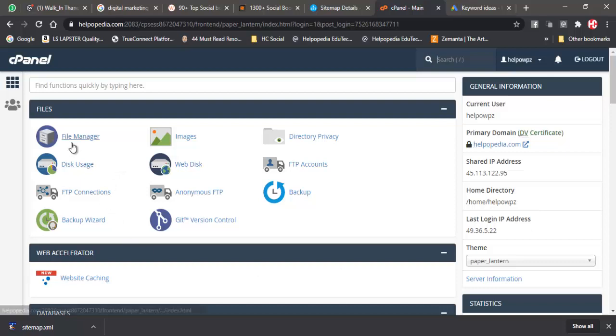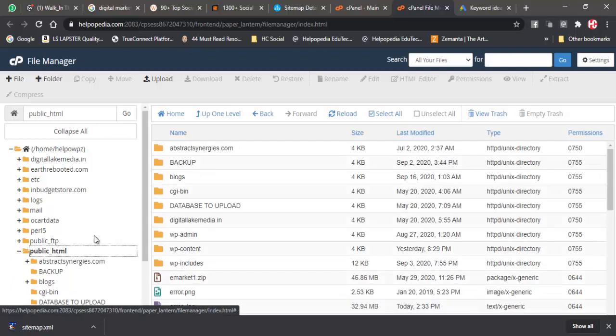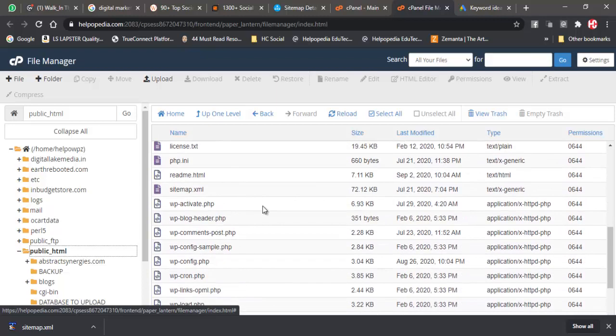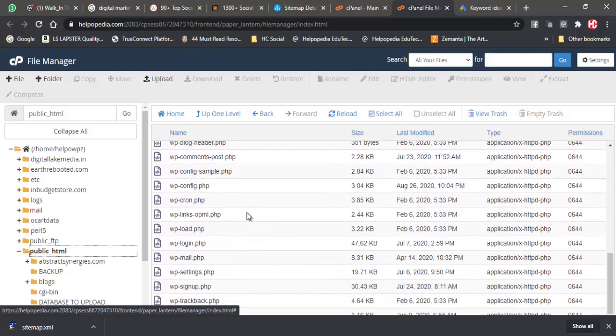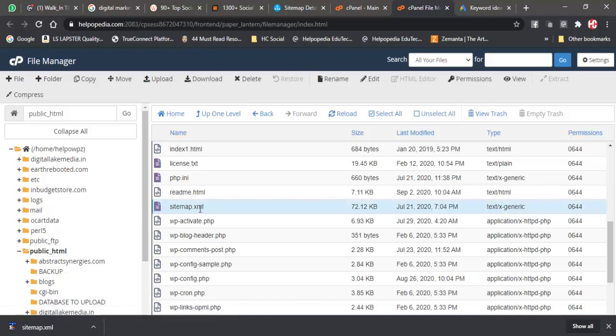So this is my control panel. I go to file manager, and I go to the root folder of this website over here, and over here you can see the sitemap.xml file. So this file is already present, but this one is the latest, because I might have added some new blogs in the past few weeks, because this was uploaded on 21st July. So after 21st July I might have added various blogs, so those blogs might not have been added to this sitemap. So over here we have generated a fresh sitemap.